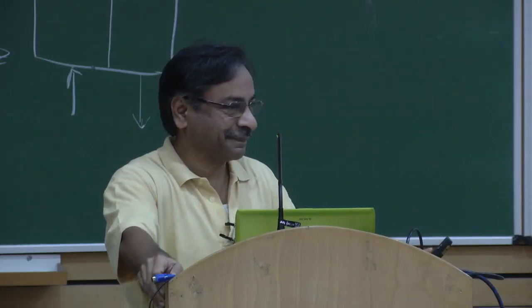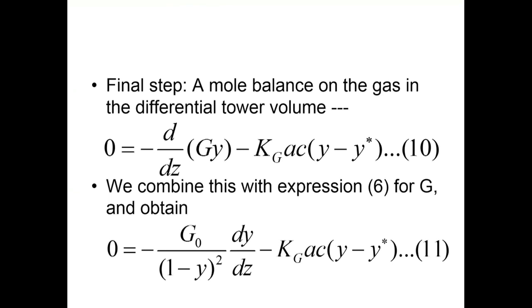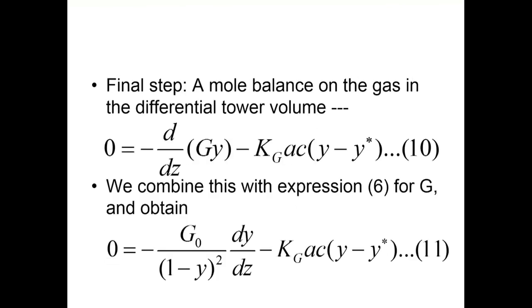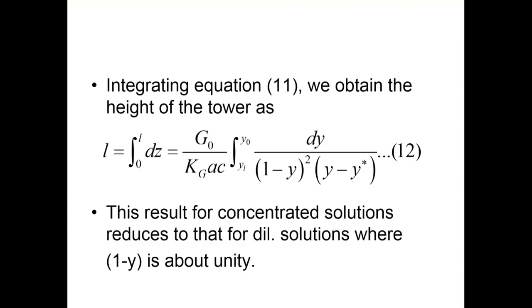Check it once. One quick way to agree will be, since we wrote this on dimensional considerations, the units of kG a C must be same as units of G by Z. So, G by this will have to have units of Z, which is meters, right. You can put it down. Now, we come to something interesting here. We just plug in the dimensions of individual components.